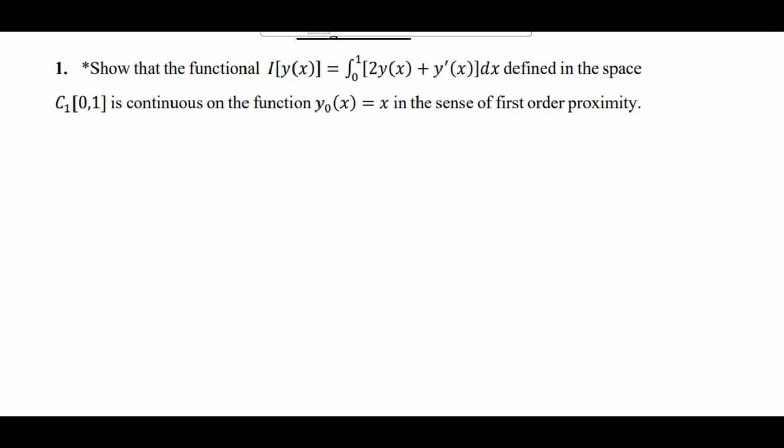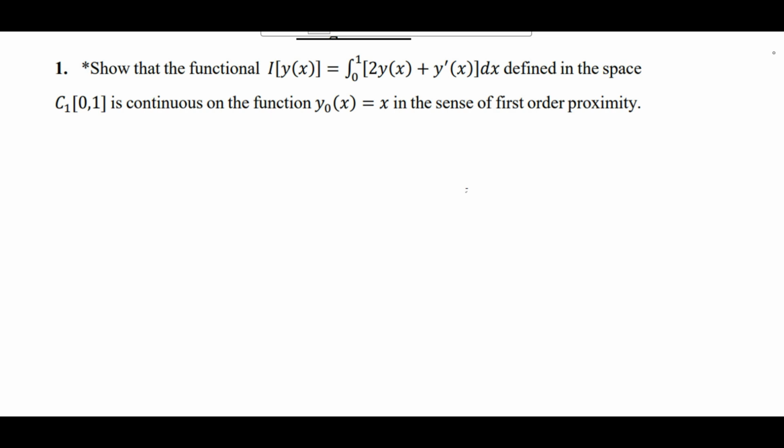Hey guys, I am going to discuss assignment 2, calculus of variation, BSc third semester. In this problem we need to show that the functional I of y of x, which varies from 0 to 1,